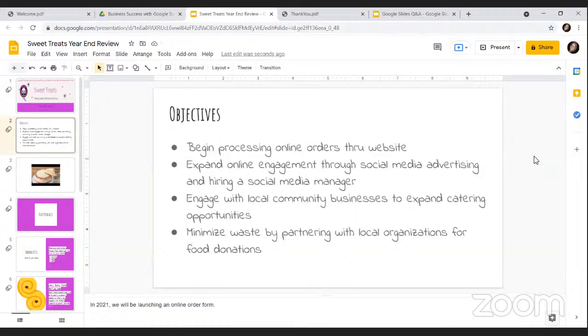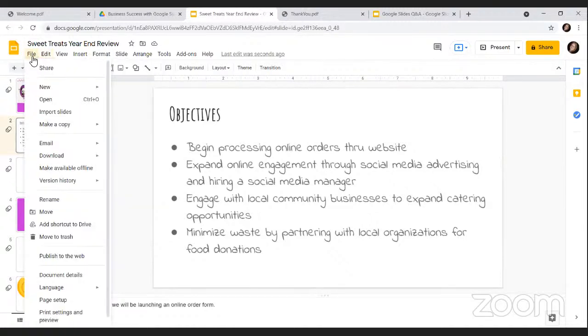Now, the last thing I want to talk about today is printing and downloading your file if you need it. Since Google Slides does share your work in the cloud, you always have access to the most current copy of your presentation when you access that file online. But it might be useful for you to print a copy of your notes or download your presentation in a different format. And I can do that by just doing File and going down